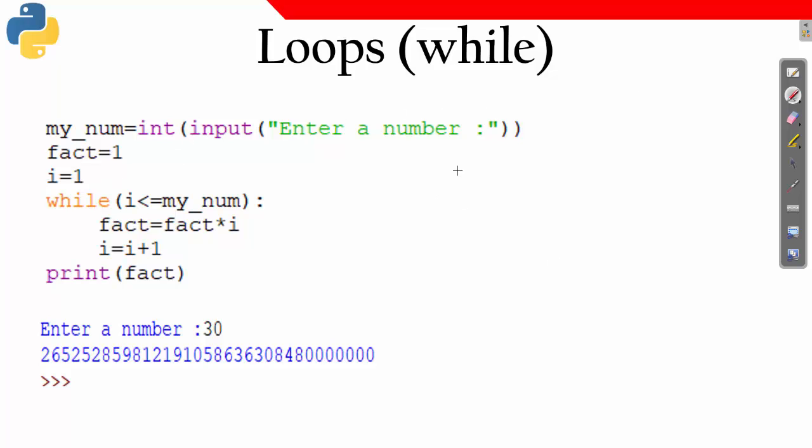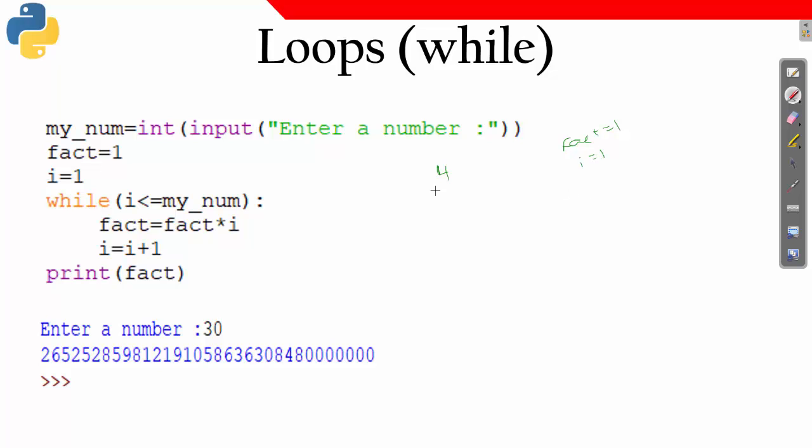So let us say I am trying to do a dry run and then I'll show you. Now I want to find the factorial of 4. So what have I taken? I have taken the variable fact to be 1, and one more variable I equal to 1.